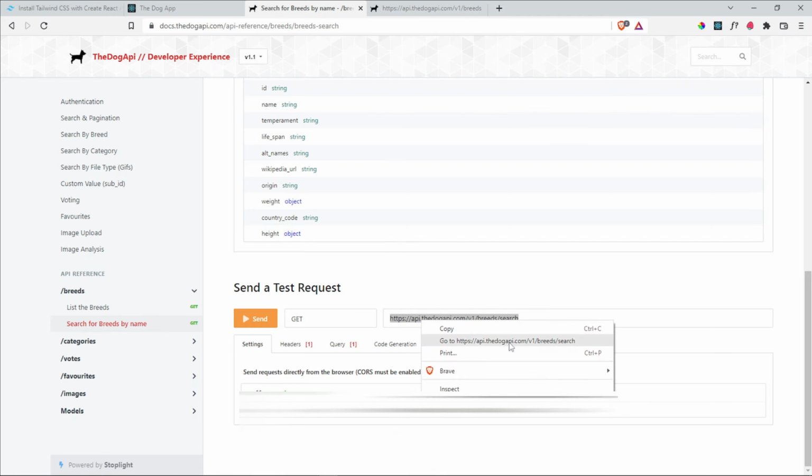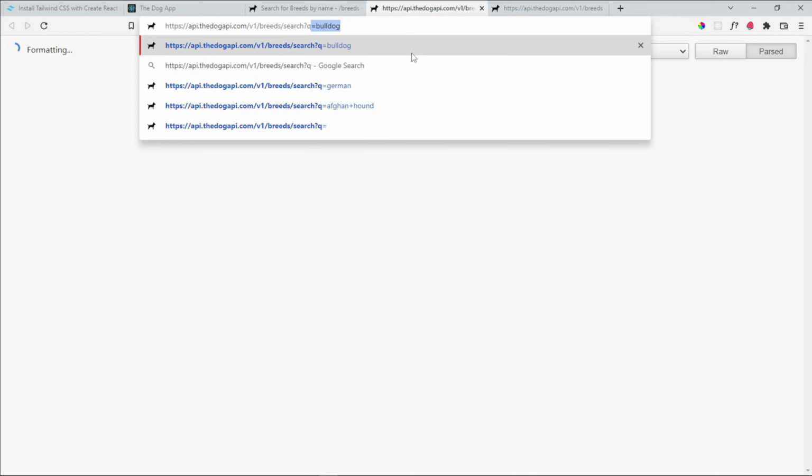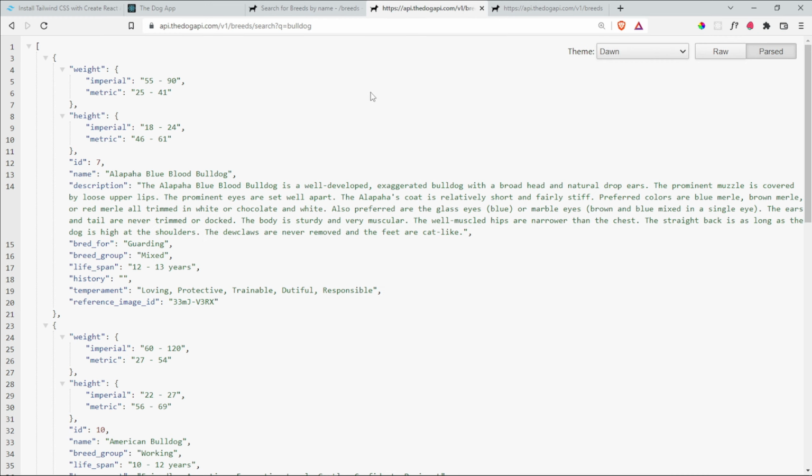If I go to this link, it should return, let me see what it returns. I don't think it returns anything. But if I append a query here, and I was searching for bulldog, for example, if I set this equal to bulldog, then we should get,